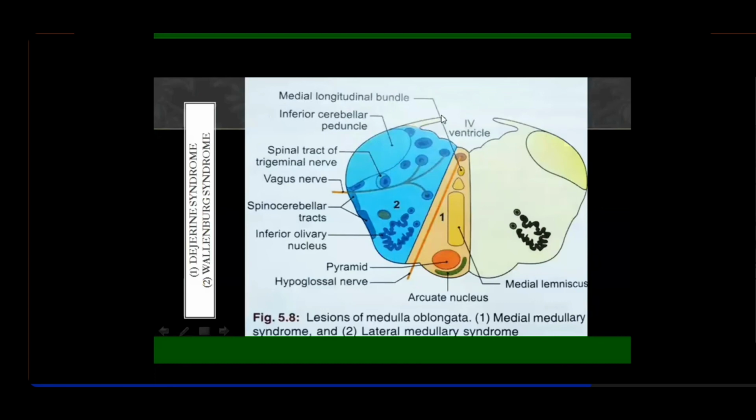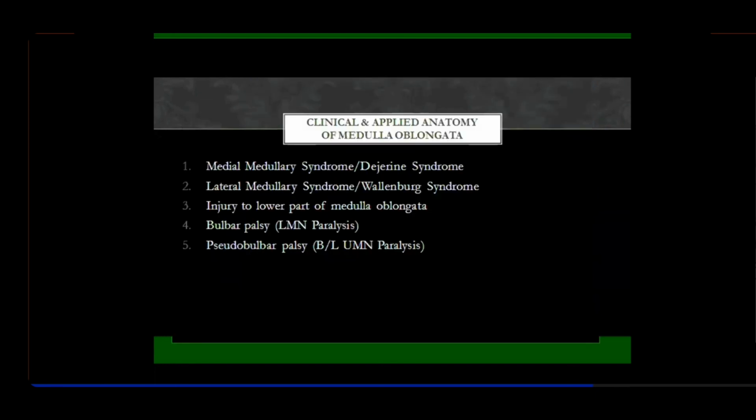And what are you seeing in these things? What is this? I told you, inferior medullary. Very good. So these are the edges of... inferomedial, inferolateral, the boundaries of the popliteal fossa that I told you, remember it the same way. So these are the inferior medullary vellum from both sides, forming the edges of the lower portion of the fourth ventricle. Good. So this is done.